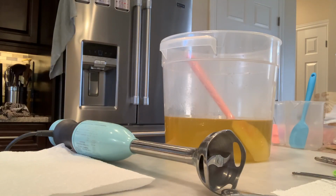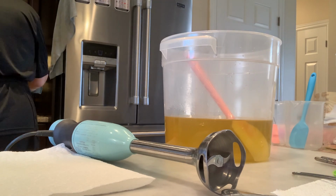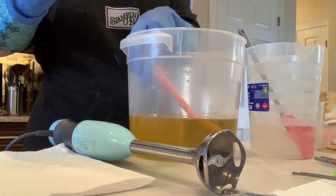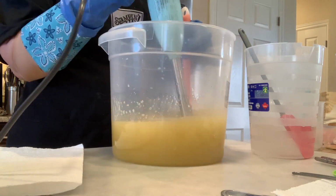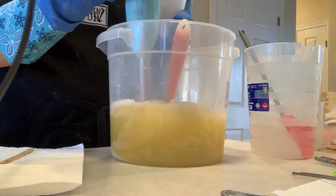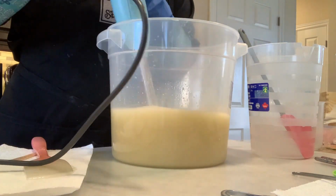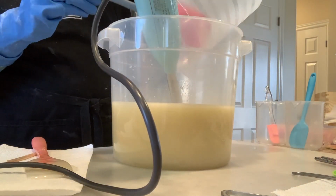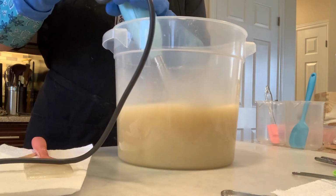So it's been a little bit again. I probably did some video editing and all that kind of stuff while I was waiting for everything to come to temperature. I have an infrared thermometer, and I always take the temperature and everything. It's got to go down to a certain temperature before you start making soaps. So at this point, I'm adding the additives. I add kaolin clay and some coconut milk in my soap, and then I just poured in the lye solution